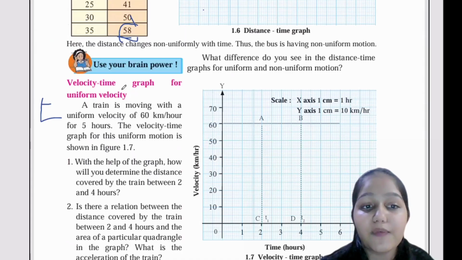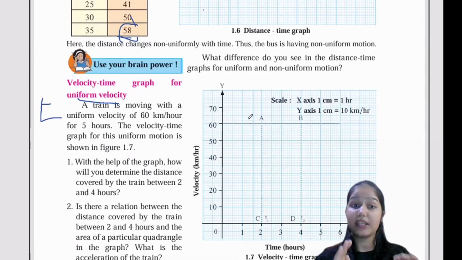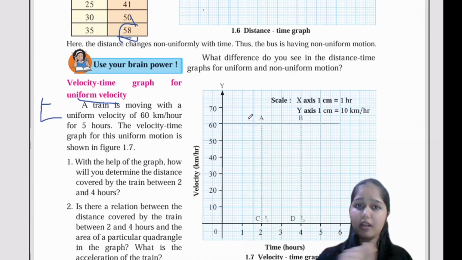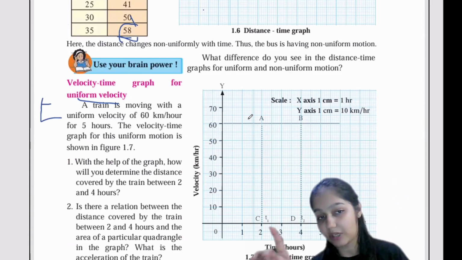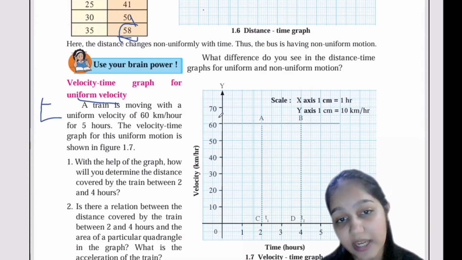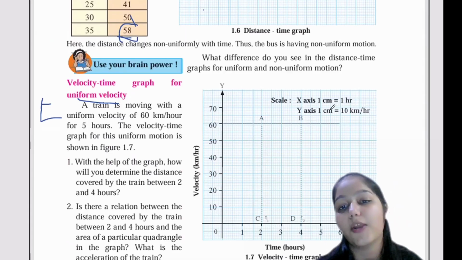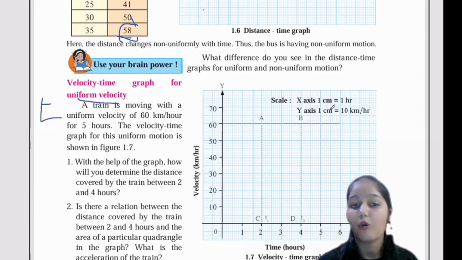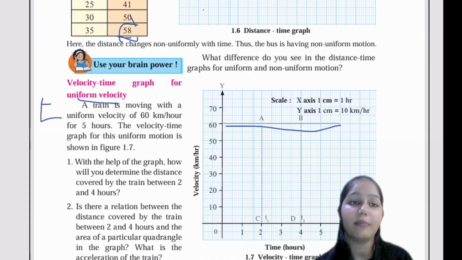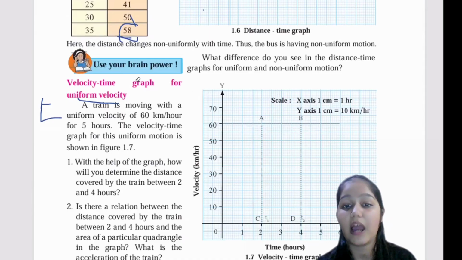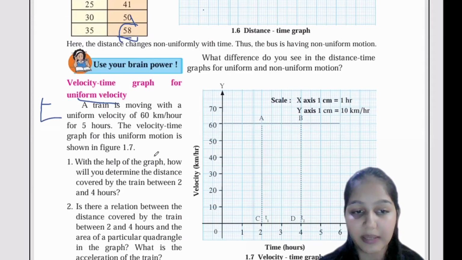The velocity time graph for a uniform velocity. Uniform velocity मतलब क्या? एक ही velocity है. Velocity मतलब क्या? Speed. एक ही speed से चल रहे हैं हम. If we are moving at the same speed, so that will be what? The velocity time graph will be uniform. Can you see this? If the train is moving at 60 speed, whatever the time period, it will be 60 only. However many hours it will be, it will be 60. So can you see that there is a straight line being formed? Avoid my straight line because it is non-uniform. I hope you have understood this, velocity and distance ka difference, distance time graph and velocity time graph.